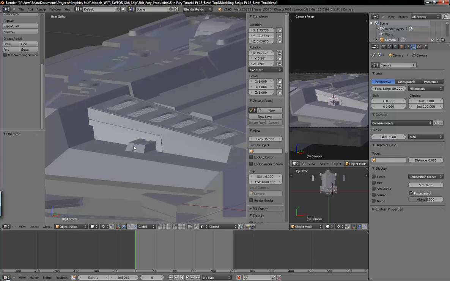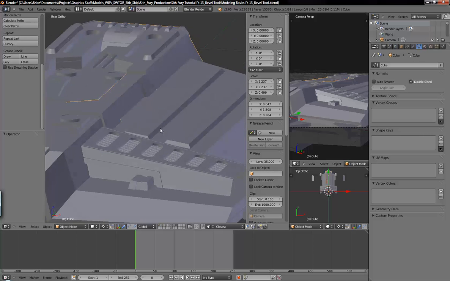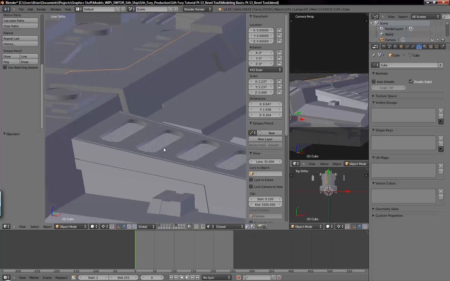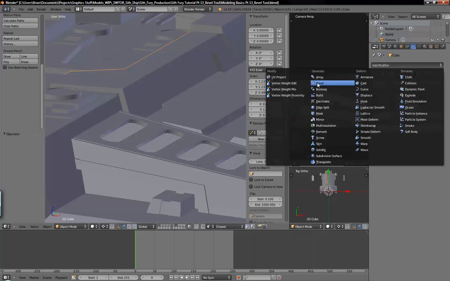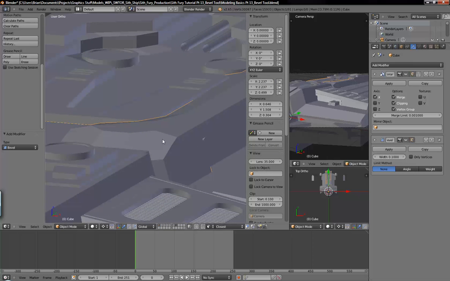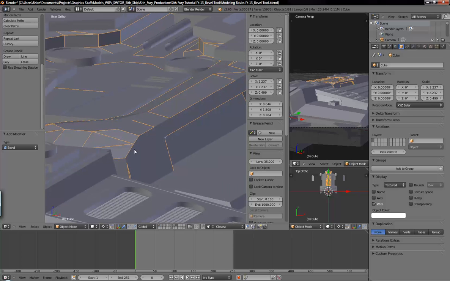Now the first way I want to show, I'm going to select this complex object here and go into the modifier tab and add a bevel modifier, and you can see it created this nice mess. And we're going to get a clearer view. In the object tab under display, I'm just going to select wire so it displays the wireframe of the object,